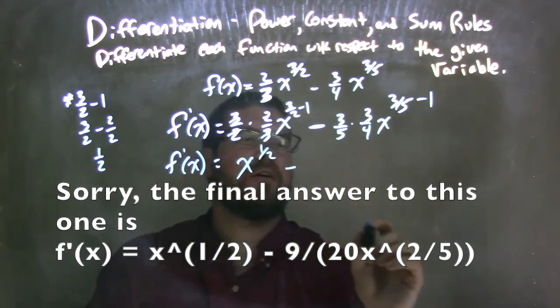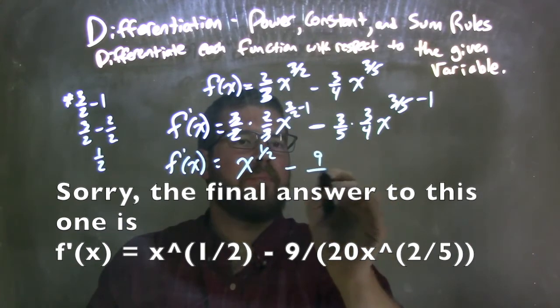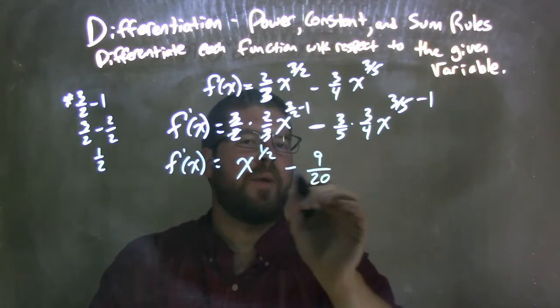Now we have minus here. So now when we multiply these two numbers, 3/5 times 3/4, we multiply across, so 3 times 3 is 9, and 5 times 4 is 20. So we have minus